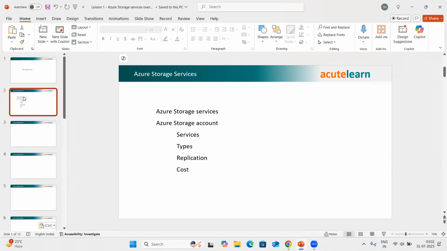Then what types of storage accounts are available. Then how we can replicate the storage account across multiple regions or within the region, what options we have available, and how Azure is going to calculate the cost of a storage account. Okay. So before we go into this,